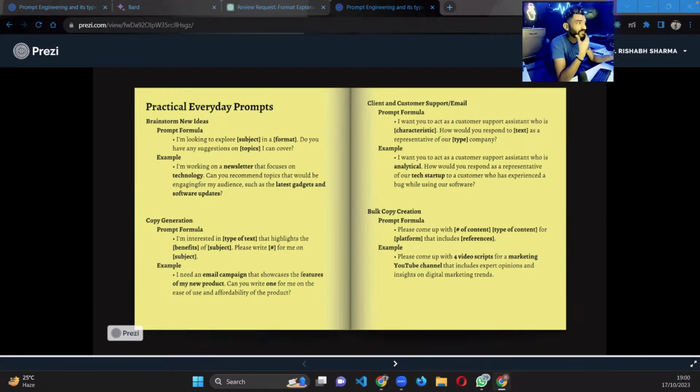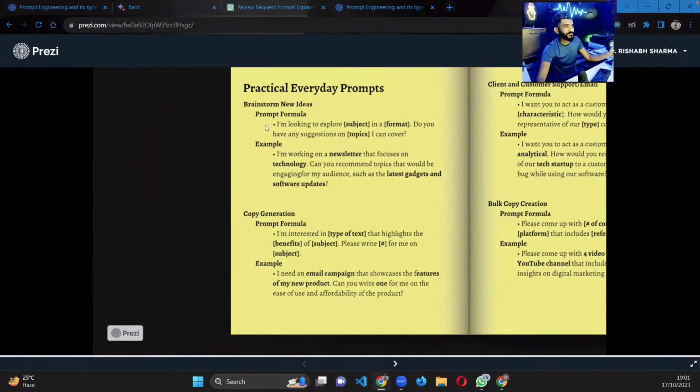So yes, what you can write. This is brainstorming a new idea. If you want your chatbot to brainstorm a certain new idea, those who don't know, brainstorm is basically दिमाग खपाई, ठीक है? दिमाग खपाई करना. So when it comes to thinking of some new idea on a particular topic, you can